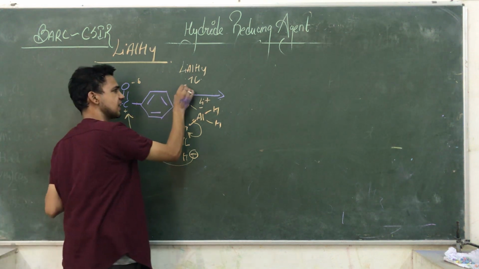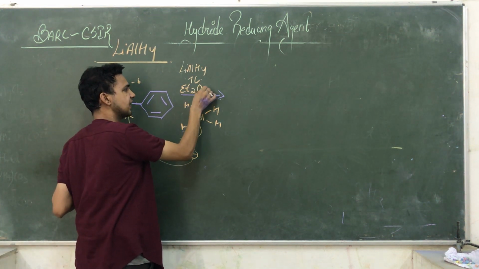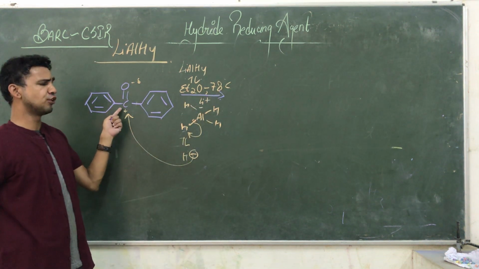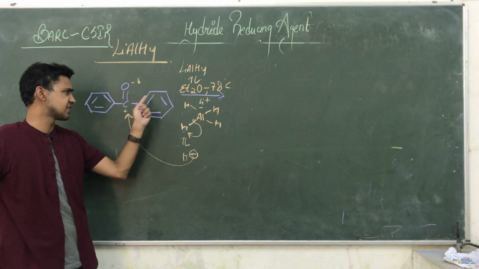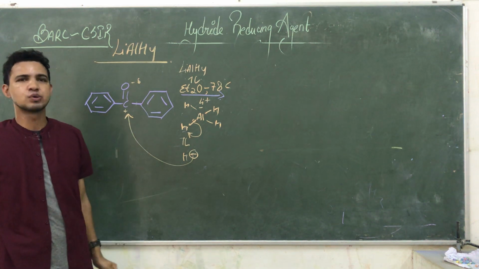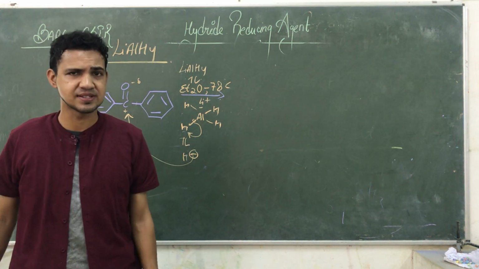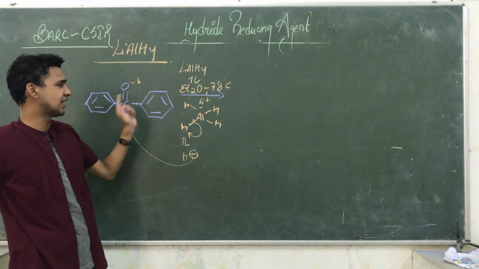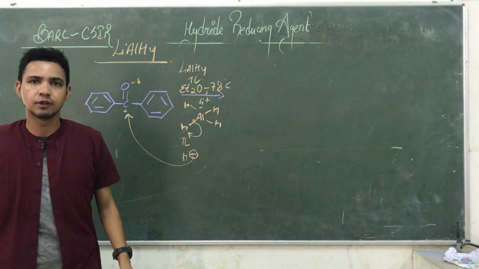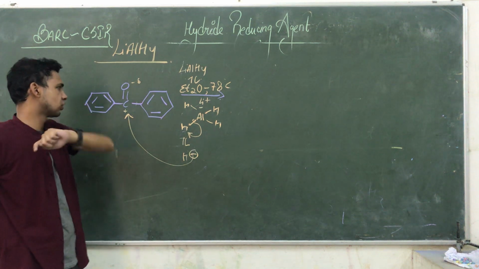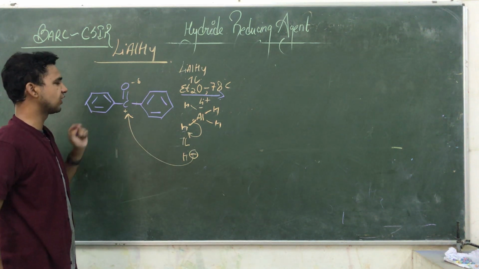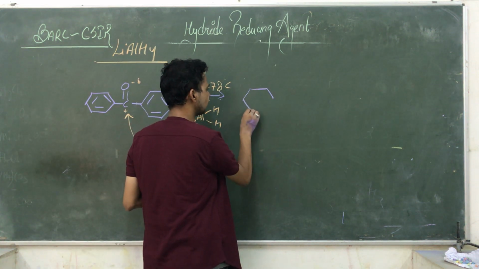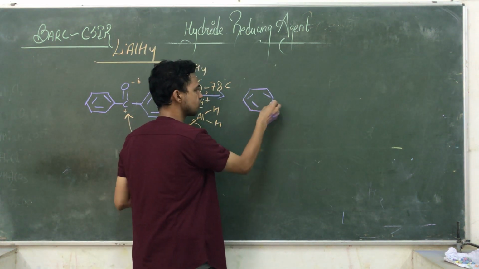But this reaction takes place in the presence of ether and minus 78 degrees Celsius. It is a controlled condition. And you know very well this electrophilic carbon is stabilized by the benzene ring, so its reactivity is very low, or the development of positive charge on this carbon atom is very low due to its plus I effect. Plus R effect we also say. So which kind of reaction takes place here, guys? It is responsible for the formation of a compound like this.